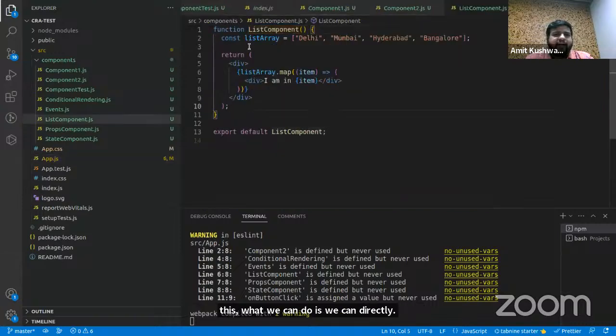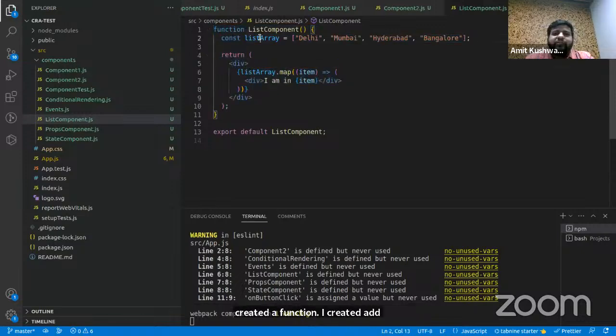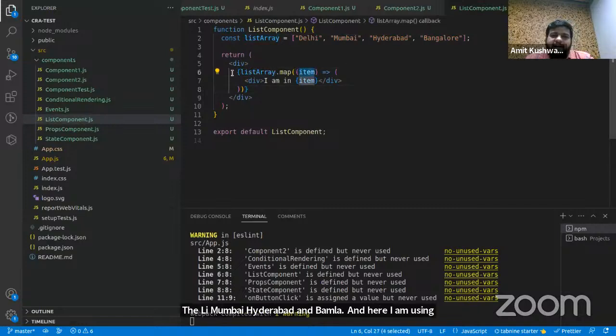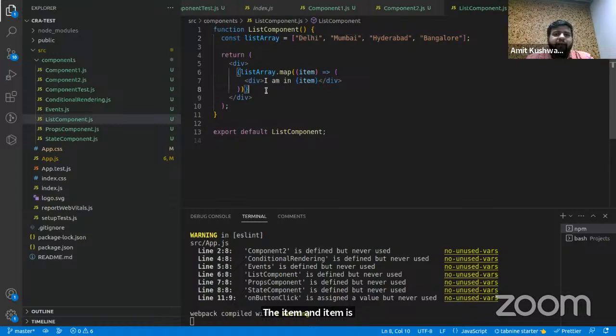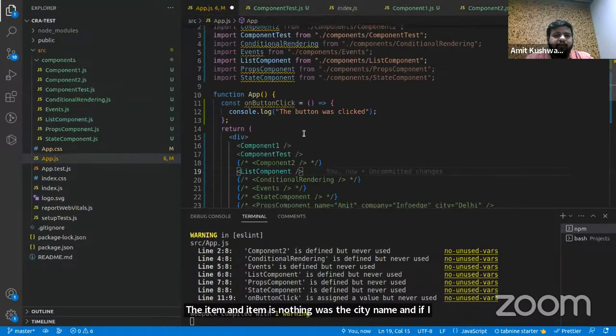I created a function and an array of cities: Delhi, Mumbai, Hyderabad, and Bangalore. Here I'm using JavaScript's map function, iterating over the items, where each item is the city name. And if I call this component,